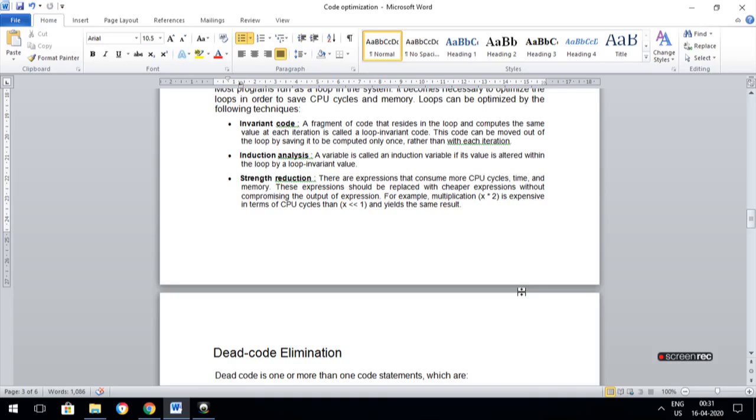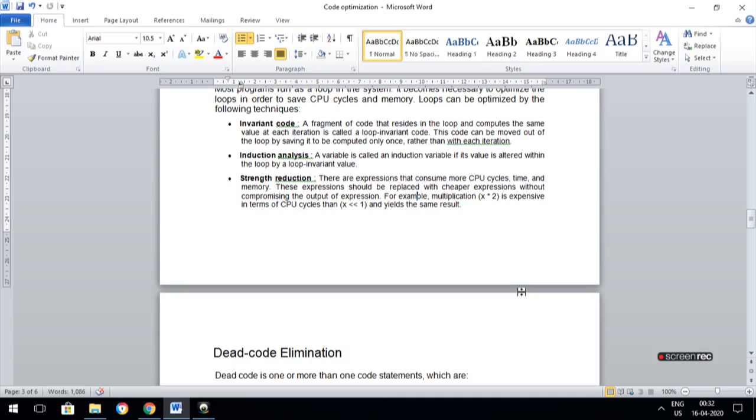For example, you execute your loop 10 times, and all 10 times a statement generates the same output. That is known as invariant code. It doesn't affect your loop iteration. This code can be moved out of the loop, rather than repeating the computation on every iteration. That is also loop optimization, invariant code.